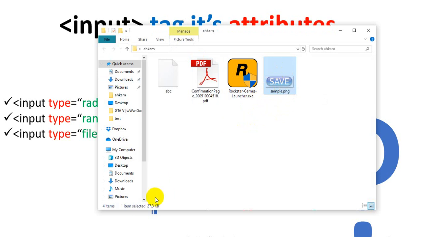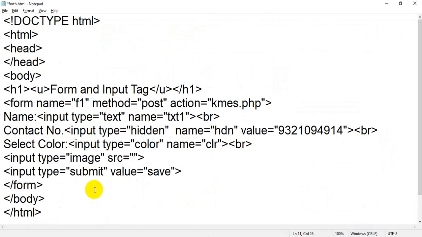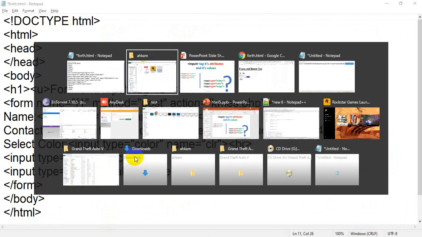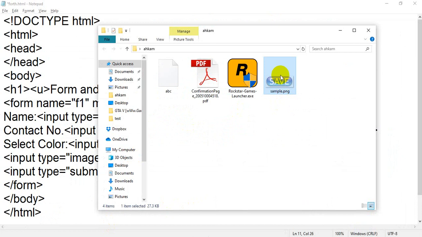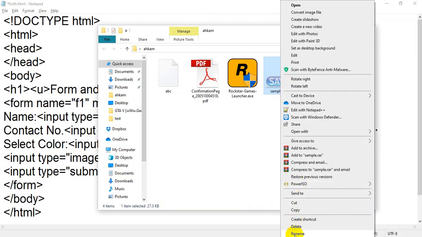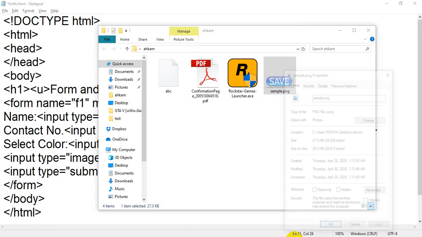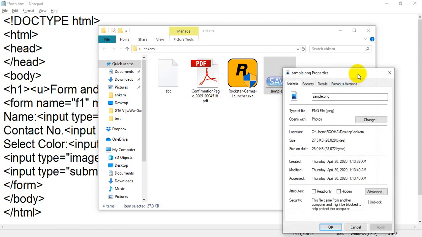So how to add? I have written input type equal to image, then I have written src. In that src we have to write the source or location of the image which I am going to insert. So just go and select this image, right click on it and go to properties.